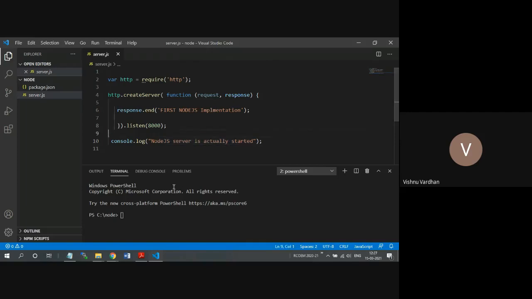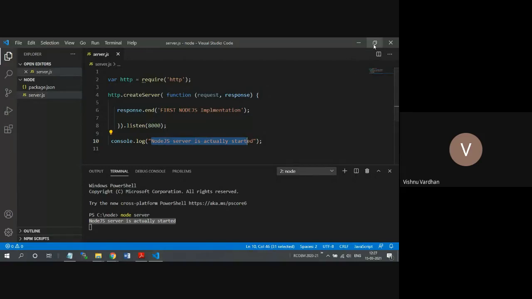So how to run this? It's again the same thing. I give the command node, and the file name is server.js, and you can even omit the .js and provide just server. As soon as I hit this, the server is launched on this port number, and you get back the message: Node.js server is actually started.